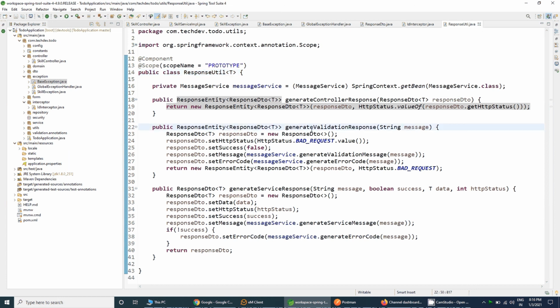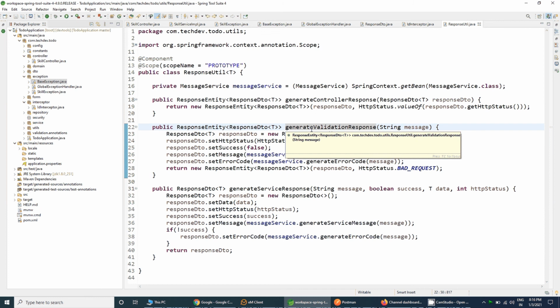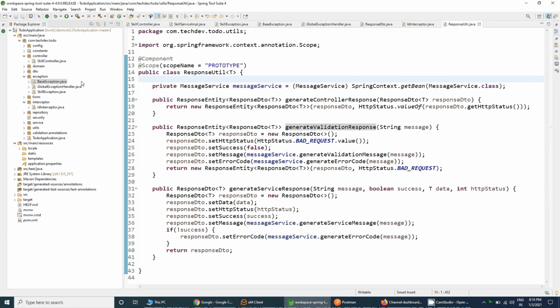So I think each and everything should be clear to you, how you can create your own custom exception handler, and how you can use the concept of global exception handler. And let me handle the exception inside the service implementation class, for the skill service implementation.